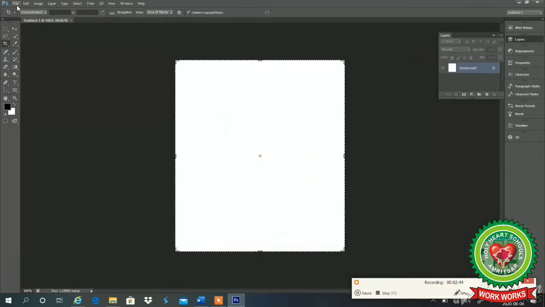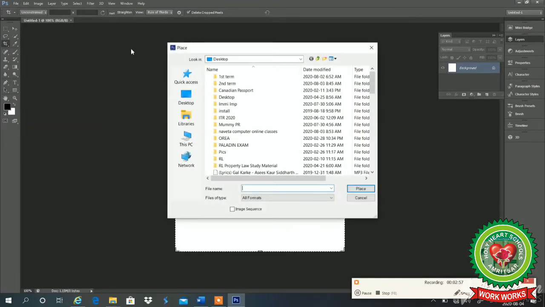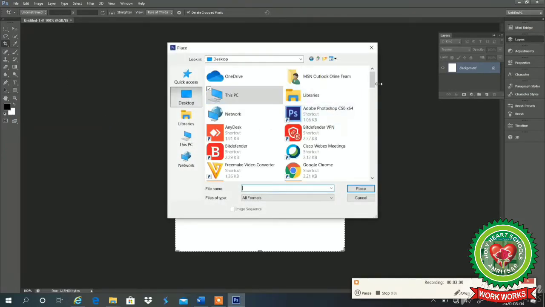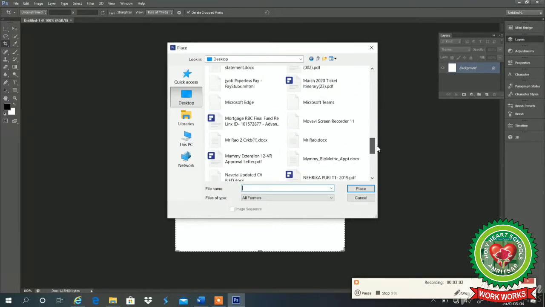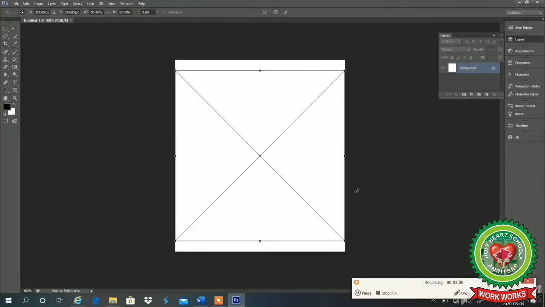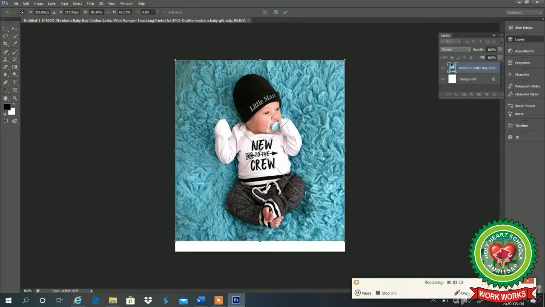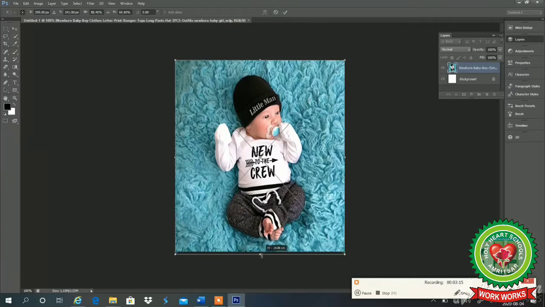Now we will place a picture on it. Firstly, we will place the picture, and after that, we will do the different types of selections. For that, we have the File menu, Place option. Select the picture from your computer location wherever you have saved your file and click on Place. After that, you can adjust the size of the image by dragging the handles. When the size is okay with you, double click on it. That is the placing of the picture.